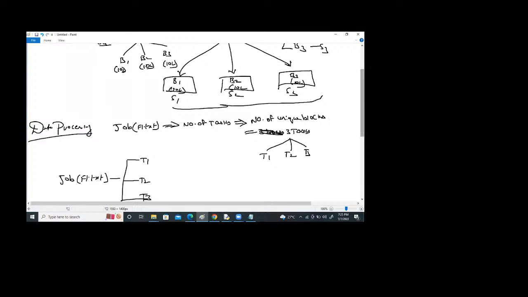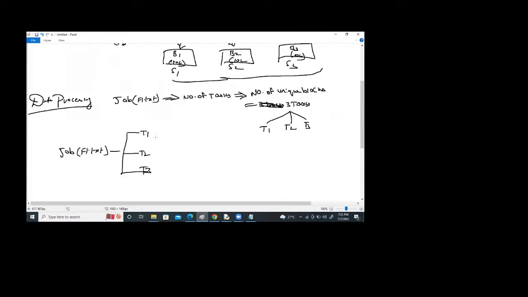So the job to process f1.txt is divided into T1, T2, and T3. If you want parallel processing, the job has to be divided into tasks, and the tasks need to be assigned to multiple